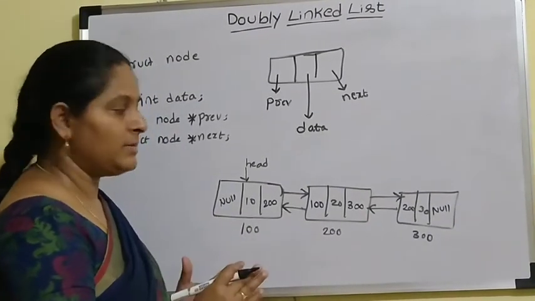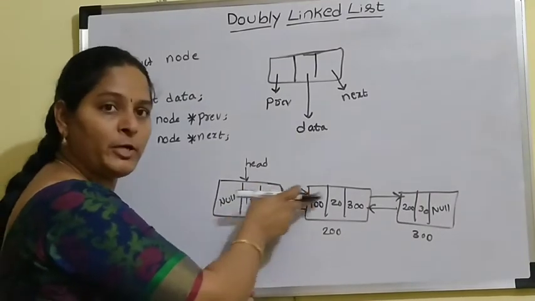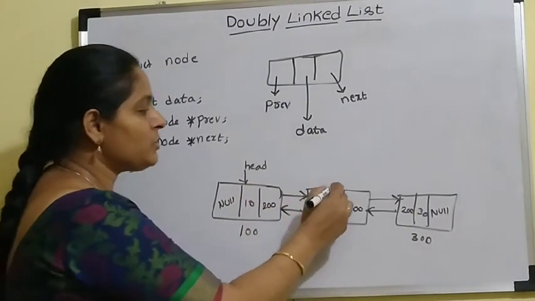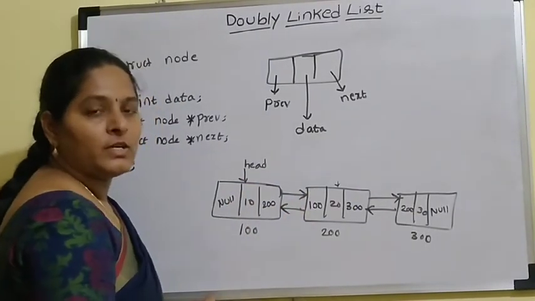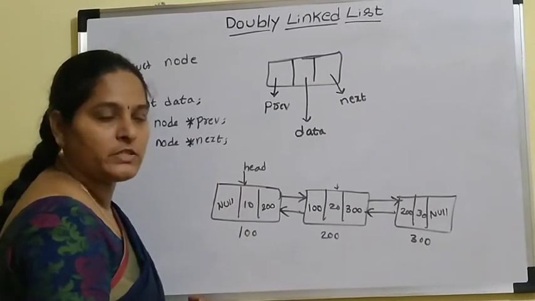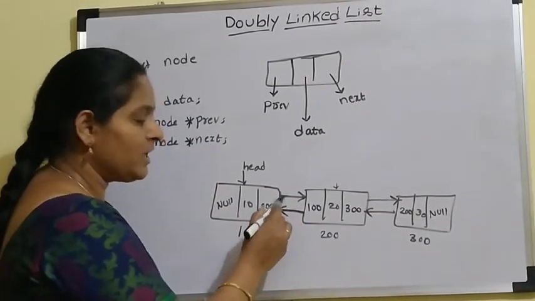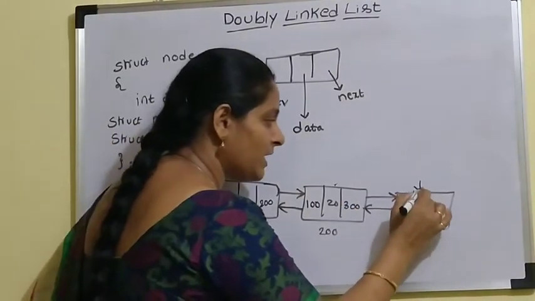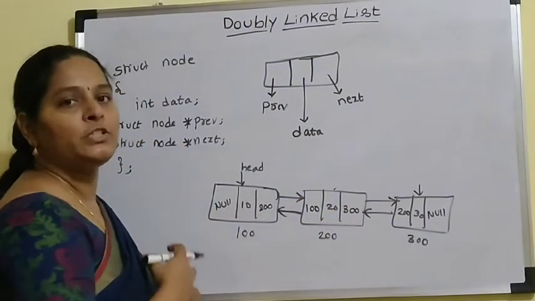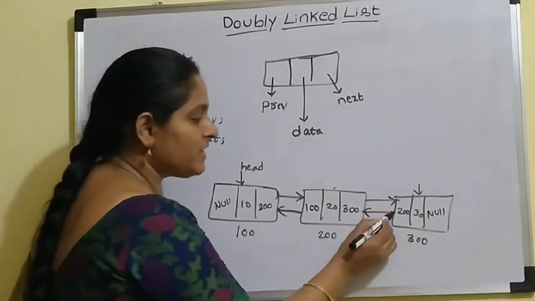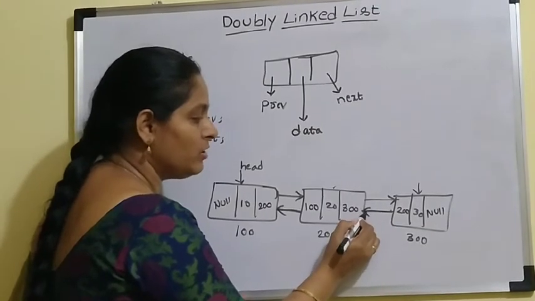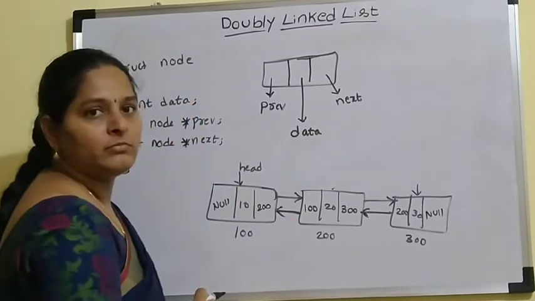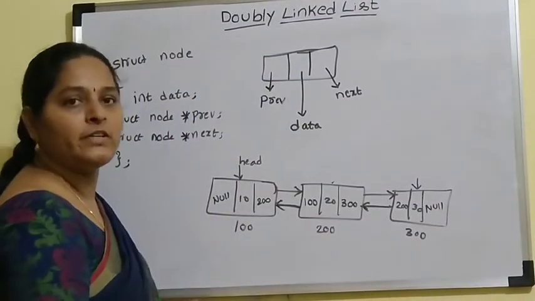A doubly linked list always contains two pointers, one pointing to the next node and another pointing to the previous node. Suppose you are at the second node position. If you want to go back to the first node, then with this previous link, you can come back to the first node. Just assume that you are at the last node position. If you want to go back to the first node, with the previous link you can go back to the second node. From the second node you can collect the first node address from the previous pointer, and with that you can move to the first node position.